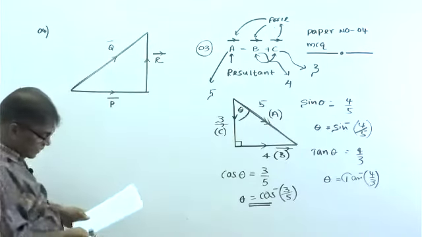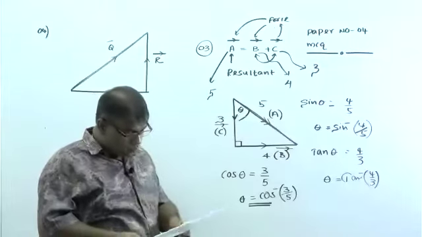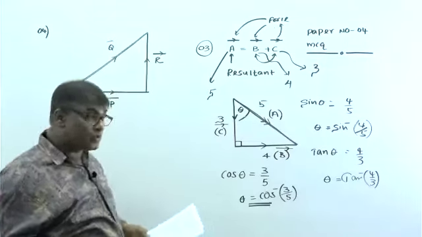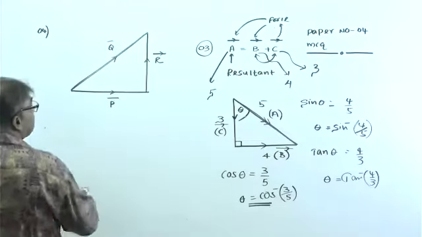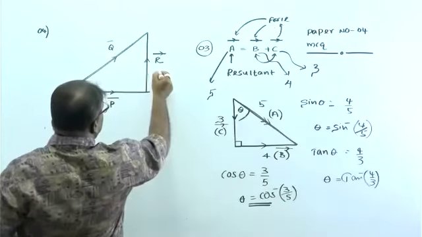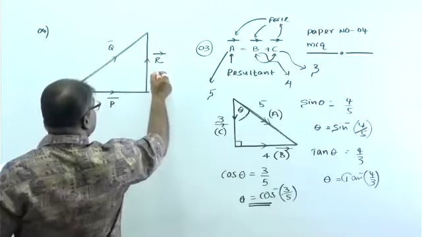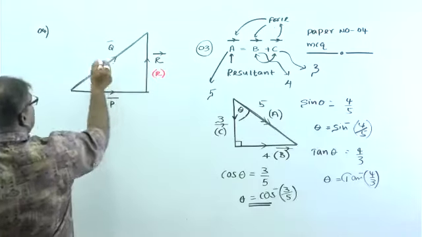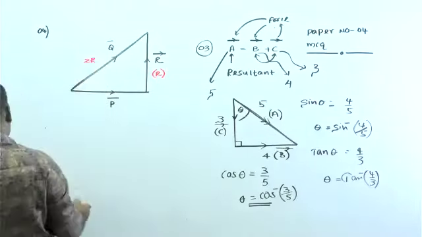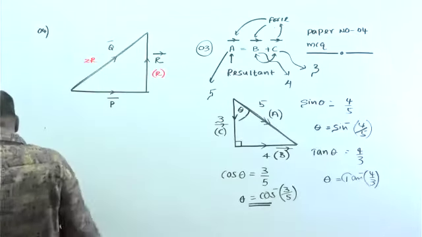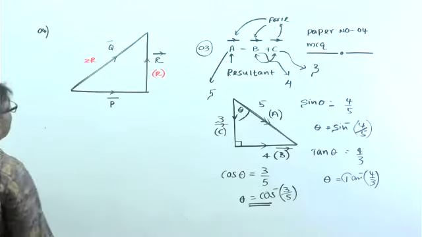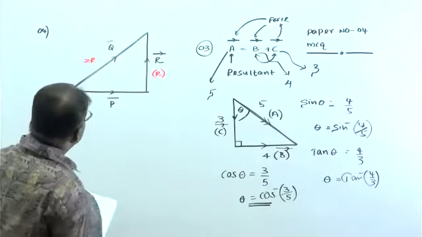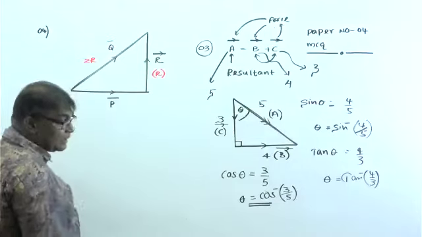According to the basic arrangement, 2R equals Q, no? Twice of R equals Q. That is important. If this one is R, this could be 2R. Okay. They need the angle in between P and Q. Angle in between P and Q. According to this one,